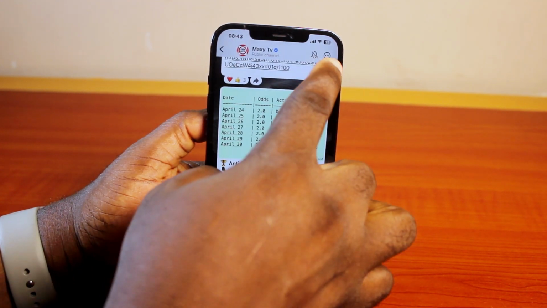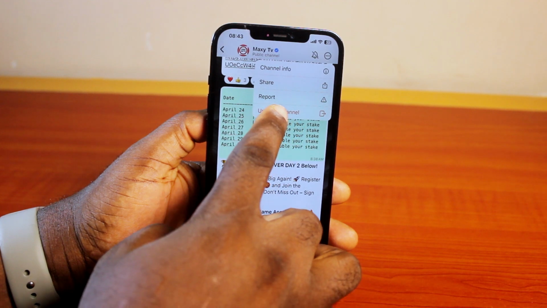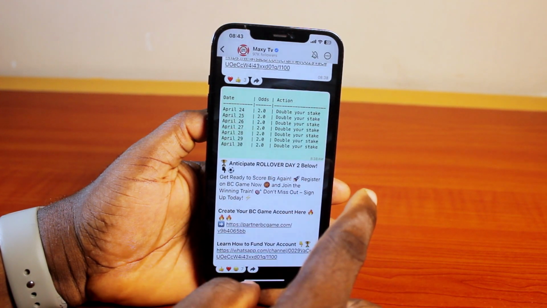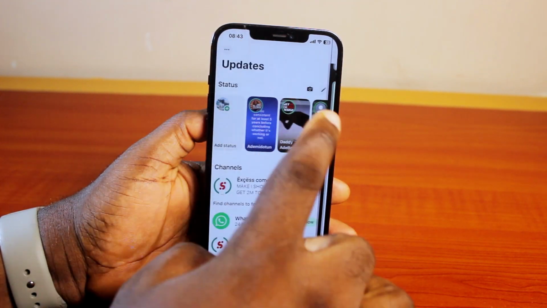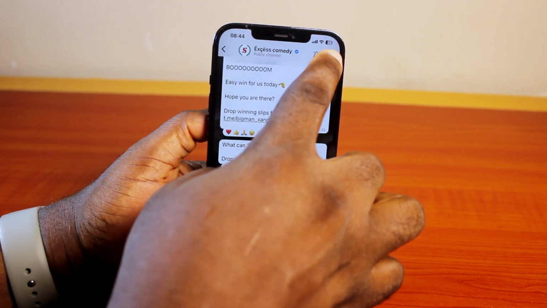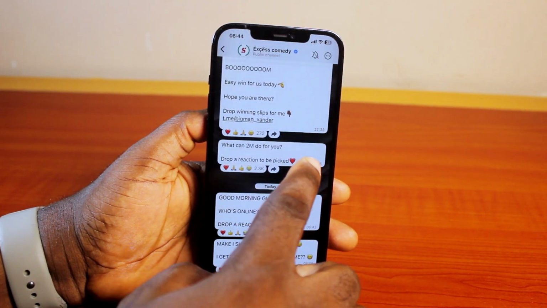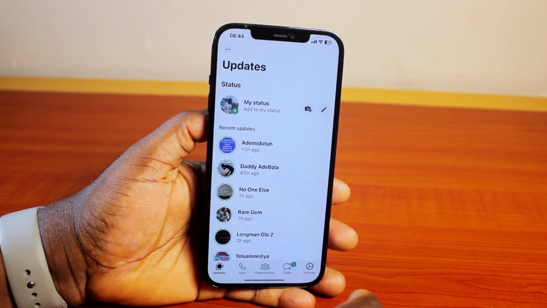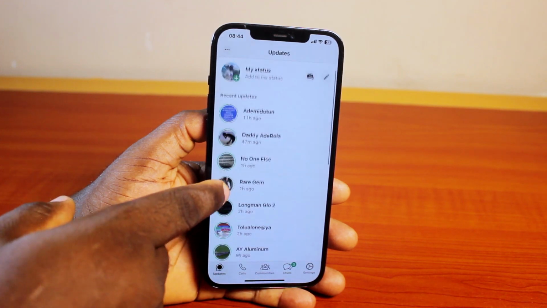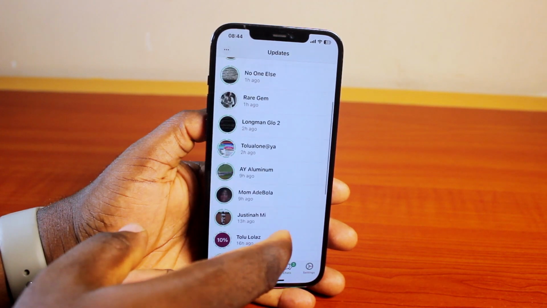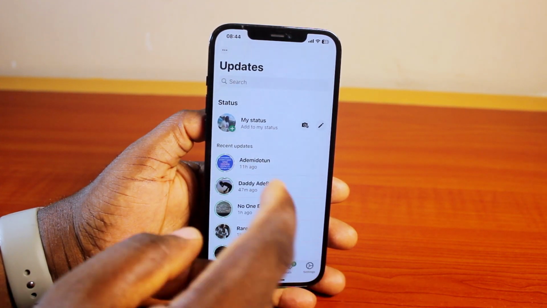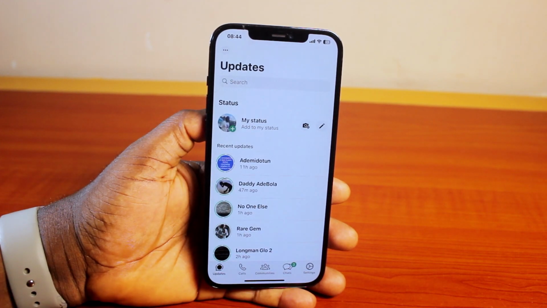Click on it, click on the three dots at top right, then click on unfollow, select unfollow channel, then hit the back button. Repeat this on all the channels you follow on WhatsApp. So once you unfollow all the channels on WhatsApp, then you should see your WhatsApp channel change from horizontal to vertical. So the moment you follow any WhatsApp channel, then this is going to change the WhatsApp status from